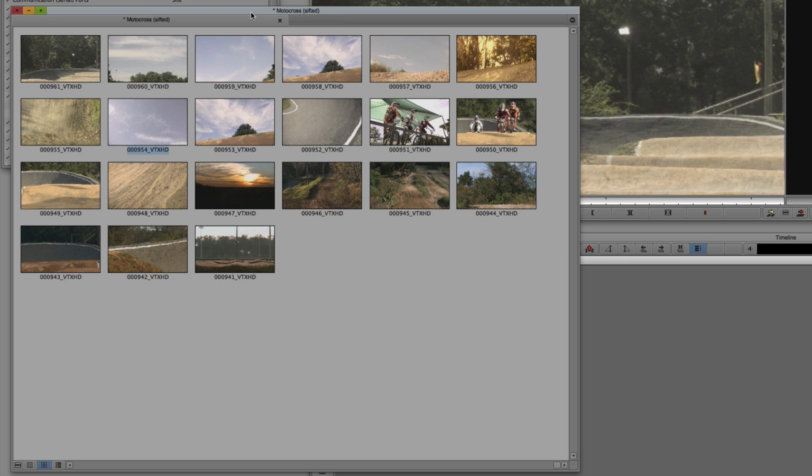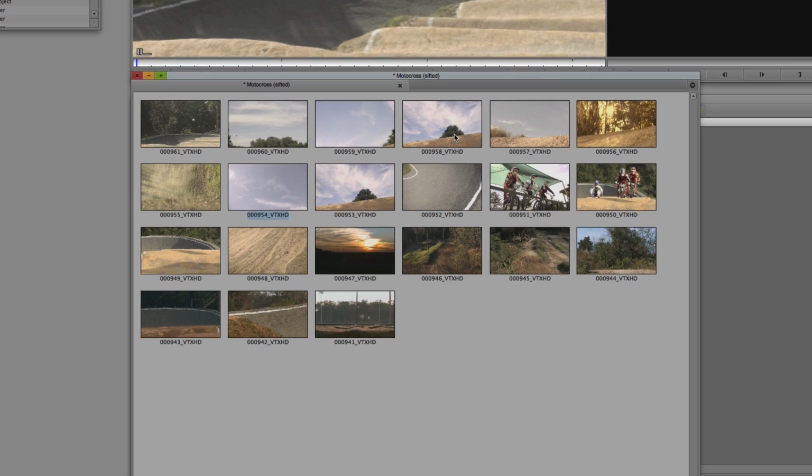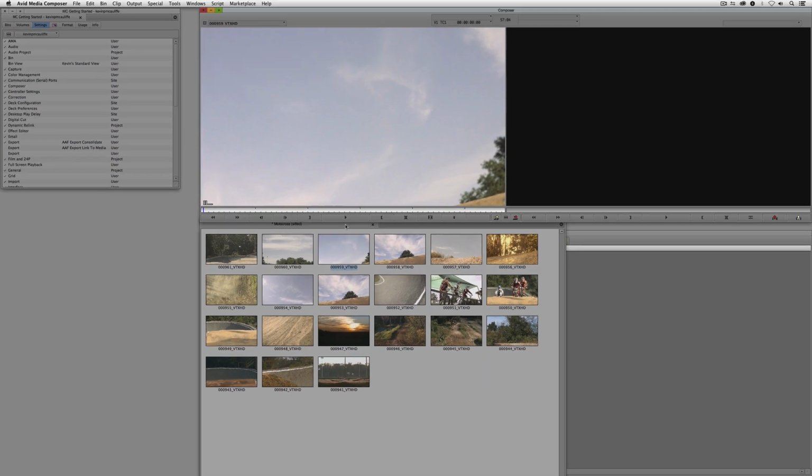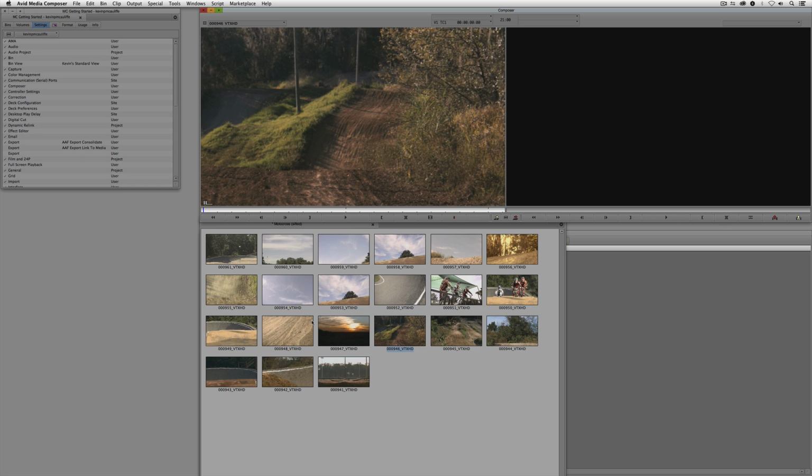In most cases, people would say, okay, I can see the first frame of each one of these shots, but I can't see what's going on in the shot. So I'm just going to double click on this one and play it. Okay, well, this isn't exactly what I want. So I'm going to double click on this one and play it. Then I'm going to double click on another, and you can see how this can become a very time